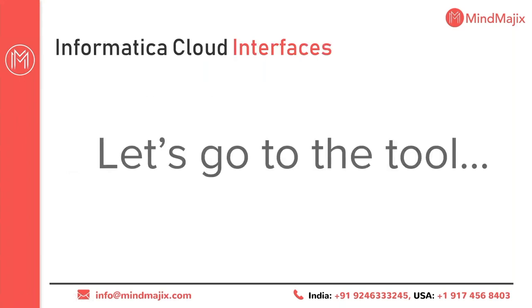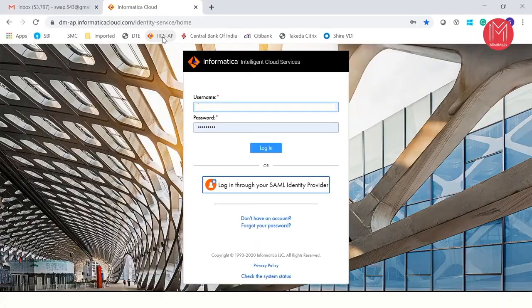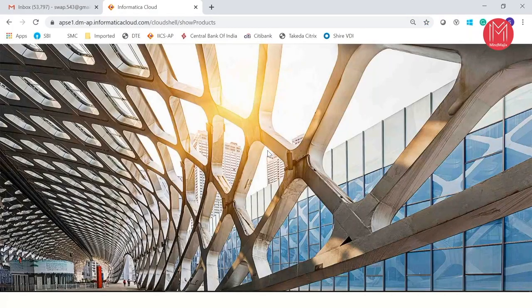Finally, we'll show you some interfaces of Informatica Cloud. Let me go to the tool. As I said, it is totally web-based. Whenever we create our Informatica Cloud free account, we'll get a URL and our credentials. Using them, we can log in. So this is my URL, and I'll provide my username and password and hit login, which will allow me to access Informatica Cloud